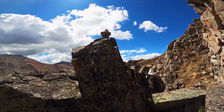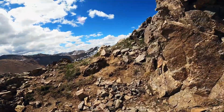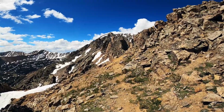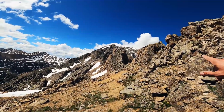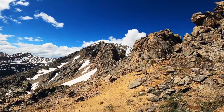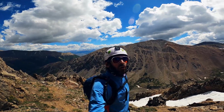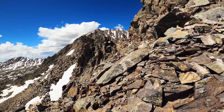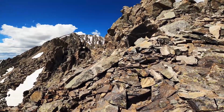Hey, look, a cairn. First one of those all day. Boom. You can see climbers on top of La Plata, which is all the way on the right. Whew. Should actually be able to see the route from now on. Maybe a couple more of these eastern ridges that we have to follow, but